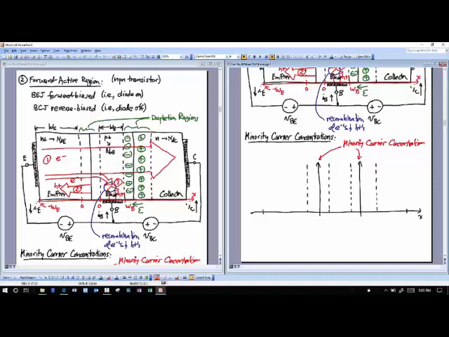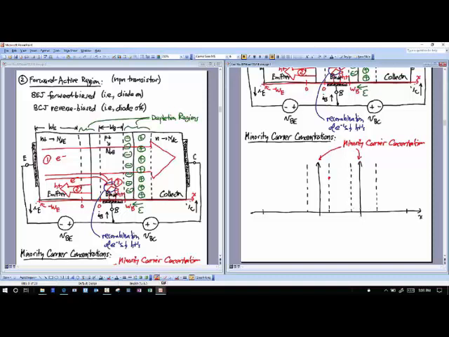I get a huge amount of minority carrier concentration injected into this side. That's right, maybe that concentration is there. That's because I have a positive voltage across this junction, the base emitter junction. I'm not writing base emitter right now because I'm trying to finish up, since our next lecture is coming very soon. We're over time, is what I'm telling you.